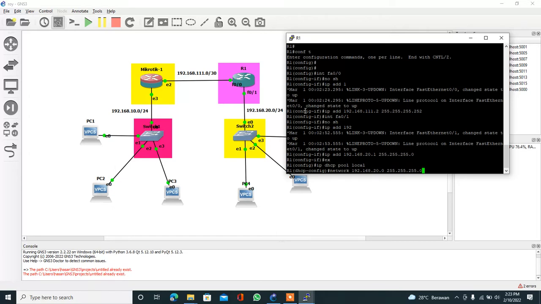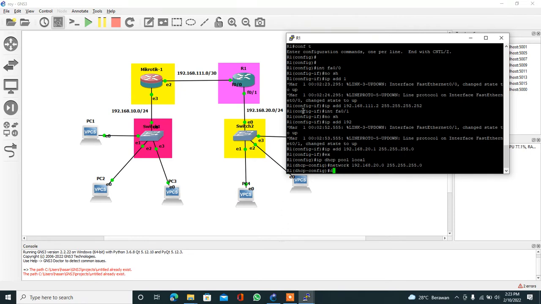Okay, enter. Next, enter the command default-router 192.168.20.1. This is the IP of interface FA0/1. This is the IP used as the gateway on each PC for